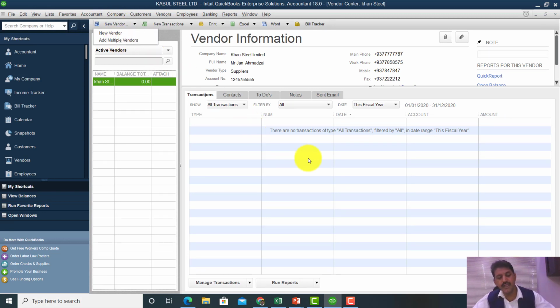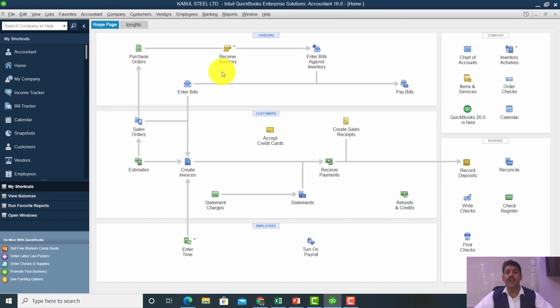I hope you understand how a single vendor will be added to the QuickBooks software, and how multiple vendors will be added to the QuickBooks software to update the vendor information list. Thank you. Okay, now next is how